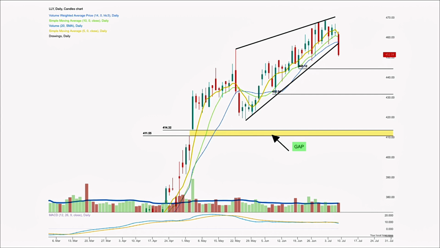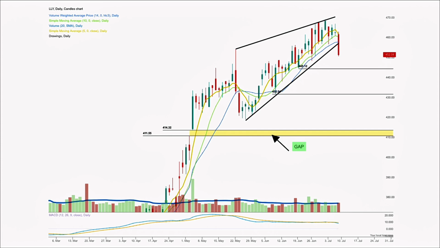Eli Lilly seems like it just broke down below the wedge it was forming. It dropped below the 5-day and 10-day SMA as well as the daily VWAP, but it is still above the anchor VWAP that starts from the candle before the wedge formed. Although it did cross under the MACD, which is a bear signal, if the bearish trend continues, a move may occur towards somewhere between